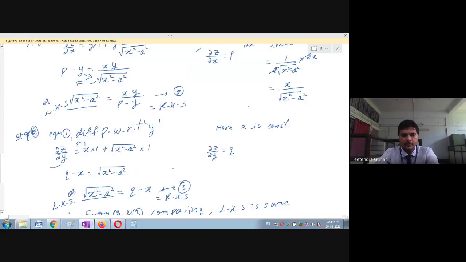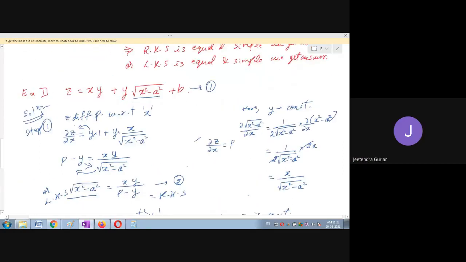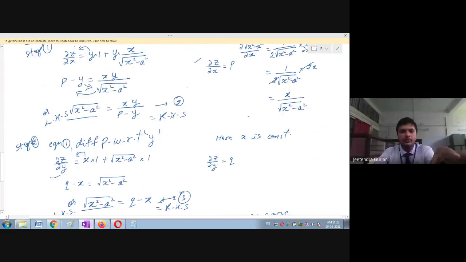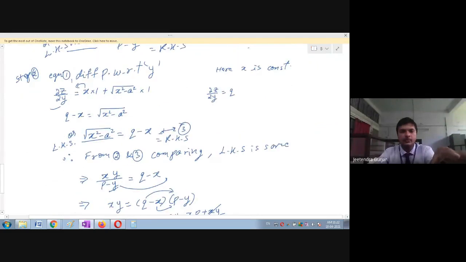Then when you simply substitute in this Z equation, you cannot eliminate B. That is the difficulty I am facing. So what I can do alternately, this is what I have found out. Compare equation 2 and 3. From equation 2 and 3, the LHS is the same. You have to balance the equations, LHS and RHS. You are going to balance it.